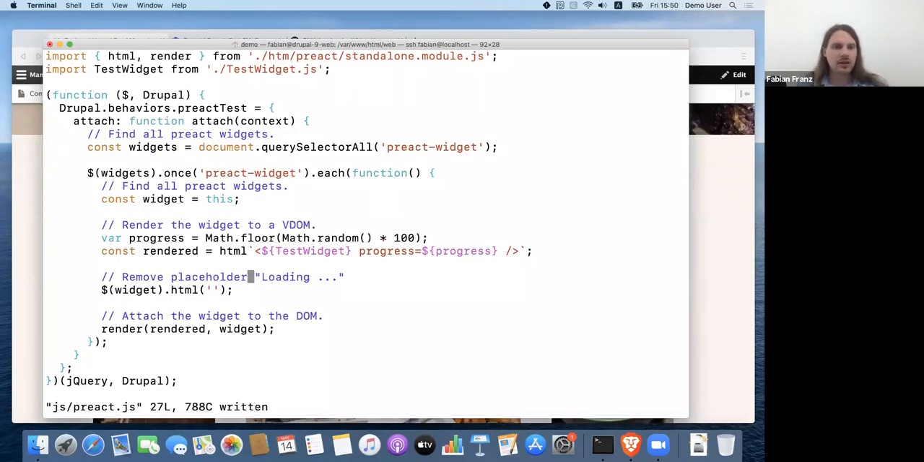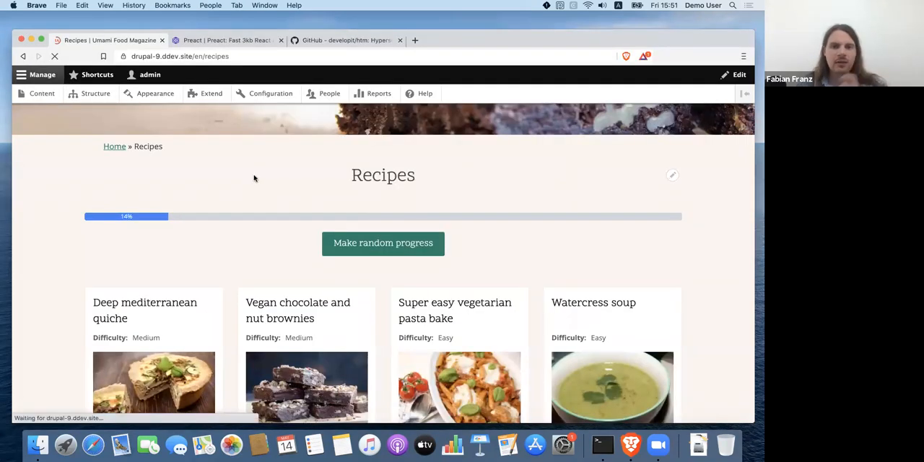Essentially, we render our test widget, and then we call the render function and render it to wherever our widget is. And that's kind of all the boilerplate you need. And I wrote that in about an hour before the demo today to just set it all up. So it's really simple. And in my opinion, Preact and HTM should replace jQuery in Drupal 10 or something like that,